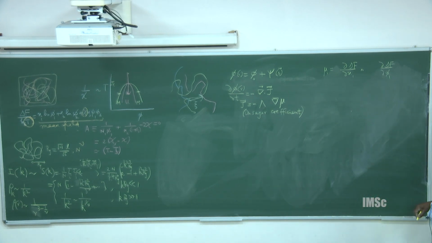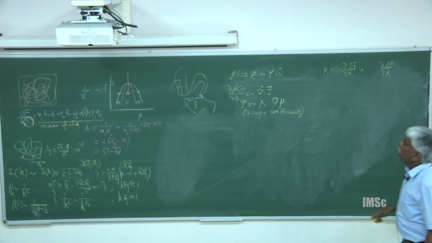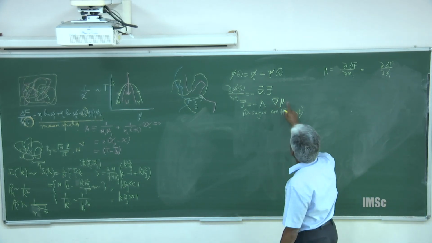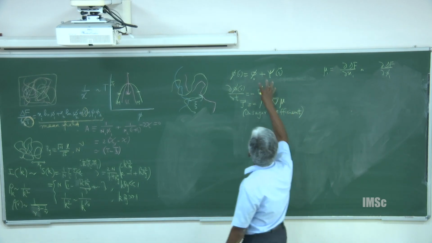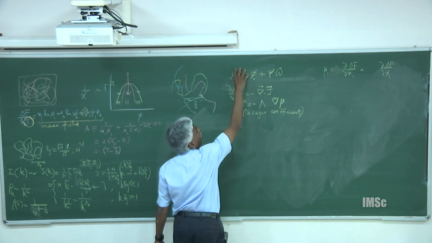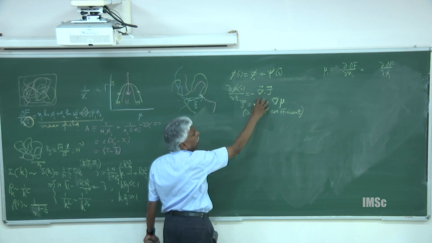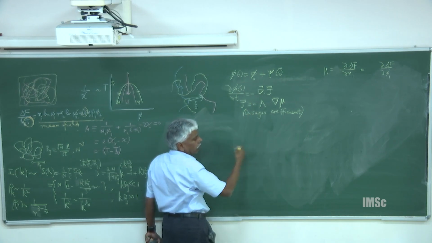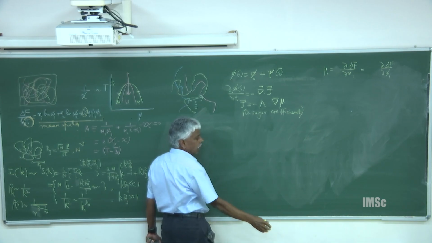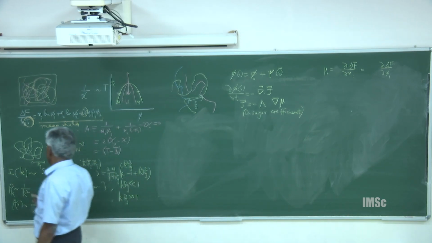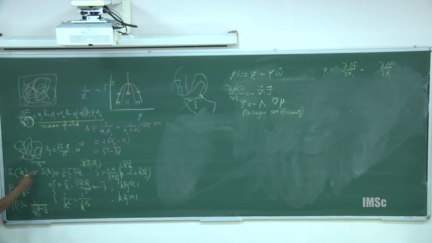Okay, so I could rewrite this, right? I could rewrite using this. I could substitute this expression phi of r into this, and let me work in Fourier space, because we always do scattering. When you do light scattering or neutron scattering, X-ray scattering, we work in k space. That scattering wave, that's a Fourier transform, right?